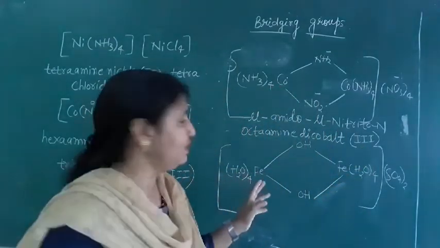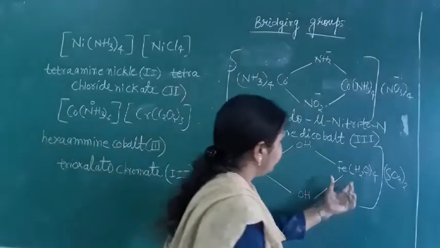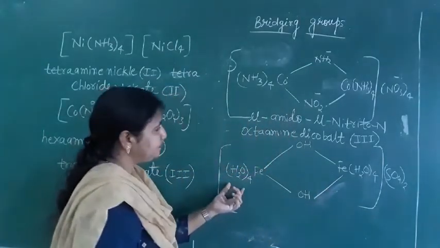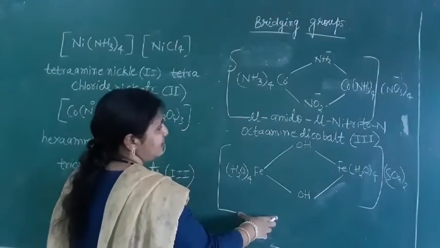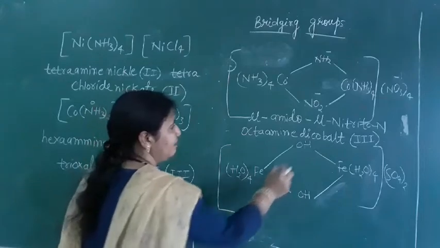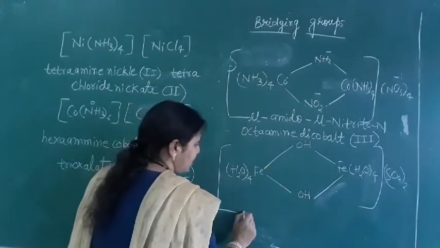Okay. Next we have here this one, H2O4 Fe OH OH twice here. This one. Here if you see, how do we write? This is a cationic complex. First you have to write the ligand name. The bridging ligand you have to write. OH OH same are there. So what will you write here?